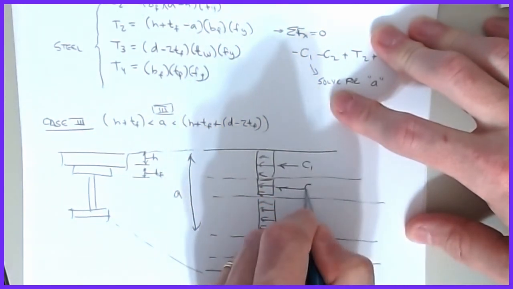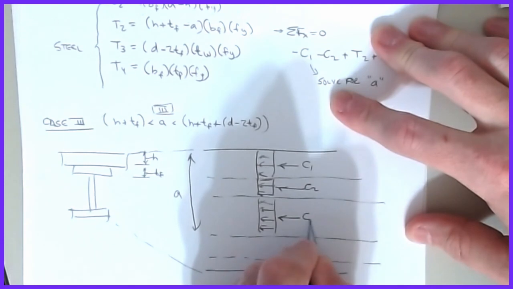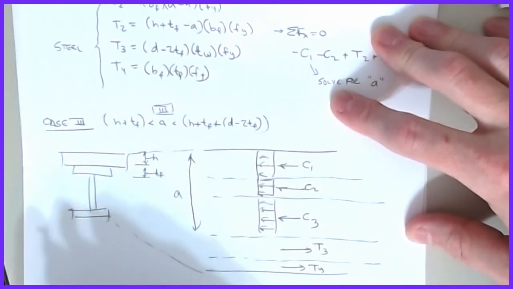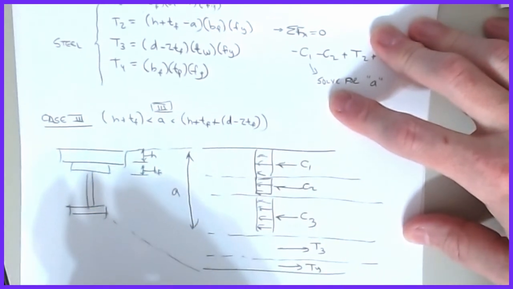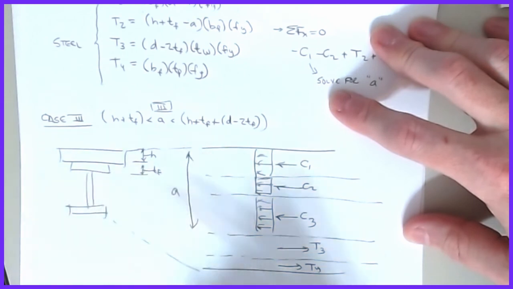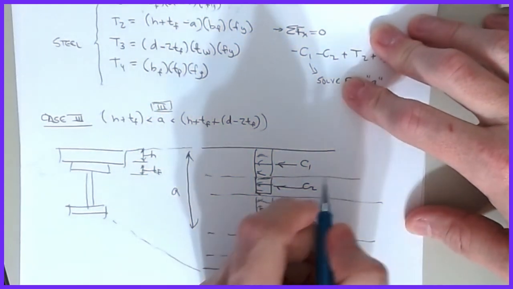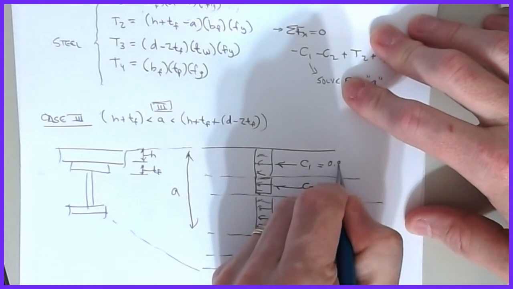All right, so same thing. C1, C2, C3. This is what's left of T3, and this is T4. So now we leave out T2 because all the steel is just in compression, right? Correct. Okay. Right. So C1 is the same, 0.85